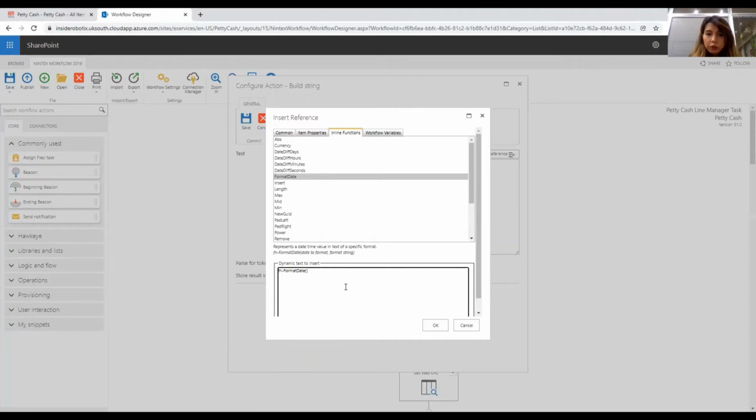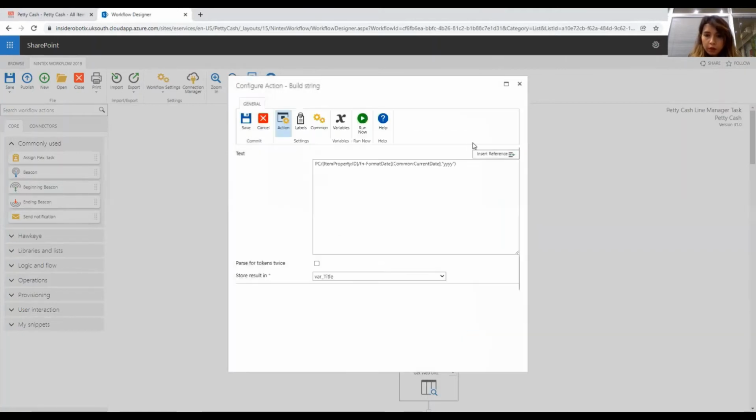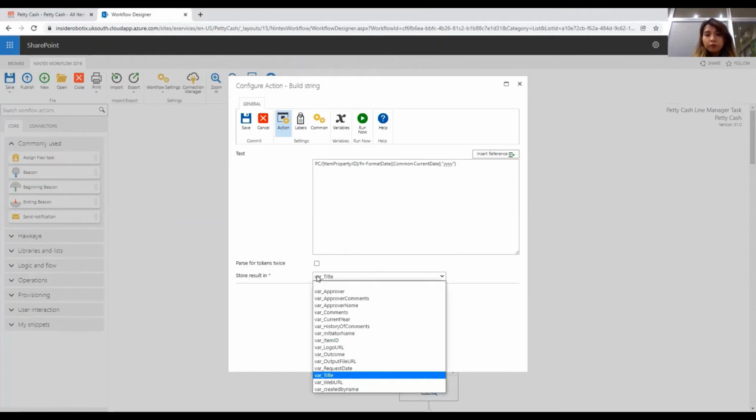you will choose the format string you need. For example, we need only the year number, so yyyy. And you can find all the other format strings inside the Nintex community. It's already published there. And then we will store the result in a variable of type text, which is var